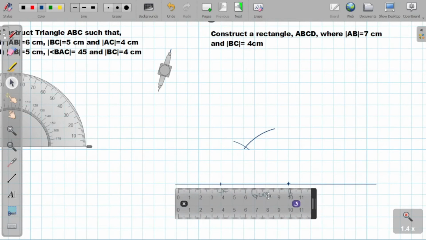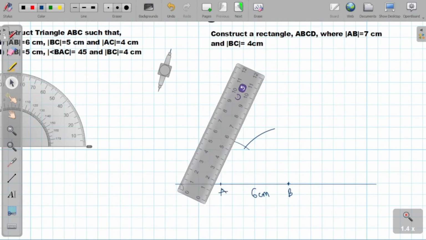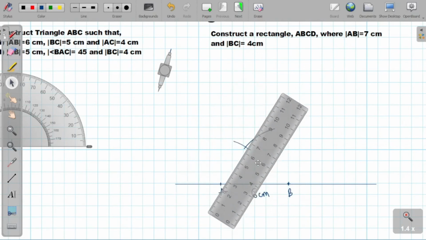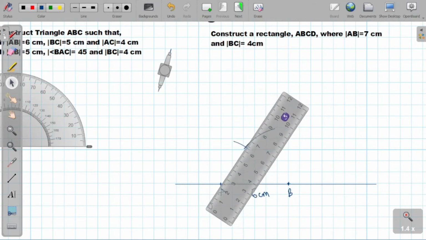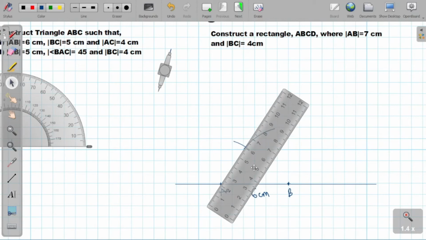I can now join the two lines, okay, to cut the intersection over here to have the length BC and AC. So let's do that. So I bring my rule a little bit, I align it, make sure, yeah, it passes through this side over here. Yeah, so I take my